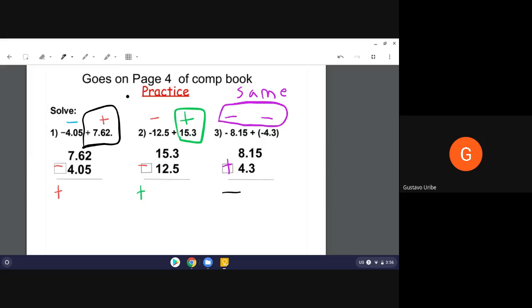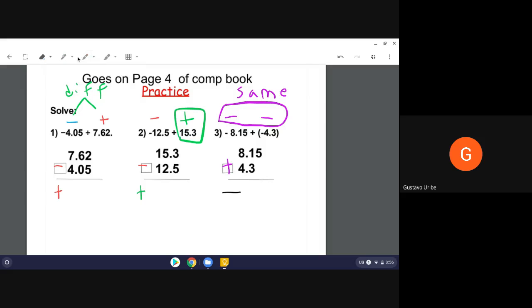Just because you see an addition sign does not mean you're adding. We are paying attention to the signs. And right now, these signs are telling us these two things are different. Right? I have a negative and a positive, and because they are different, we're going to go ahead and subtract them. So when I subtract,